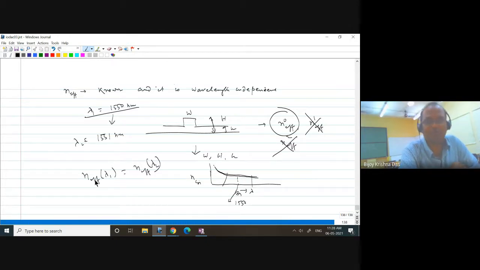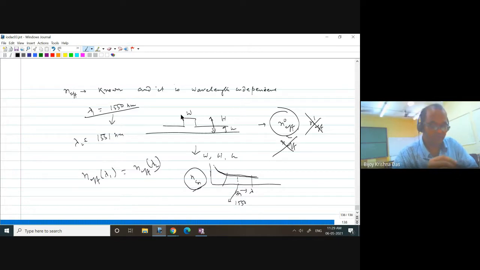In the effective index method, for example, in your expression, do you use the lambda value? Yes, sir. Whenever you are calculating theta or something like that, that involves lambda. So if lambda is changing, the effective index, theta, everything will be changing. Right? So that is called waveguide dispersion. Material dispersion can be negligibly small. This is silicon I'm considering. But in the waveguide, if you calculate, it must be lambda dependent. So some waveguide dispersion is there.